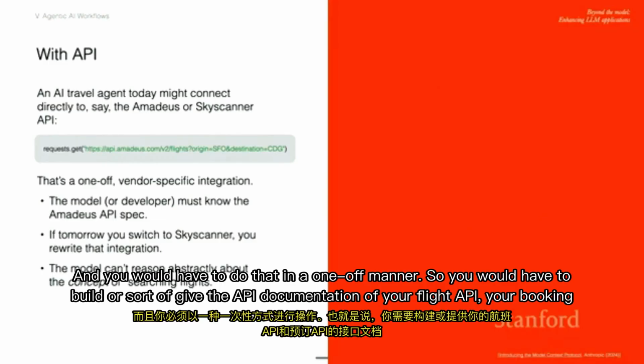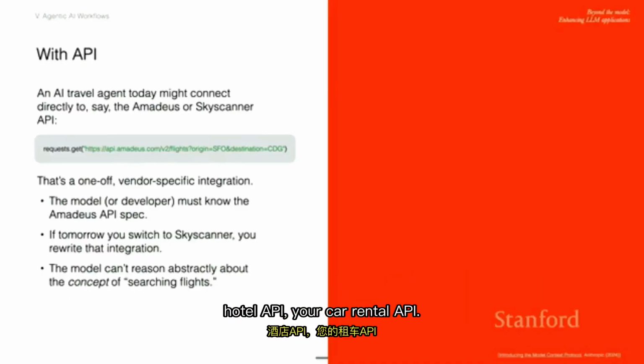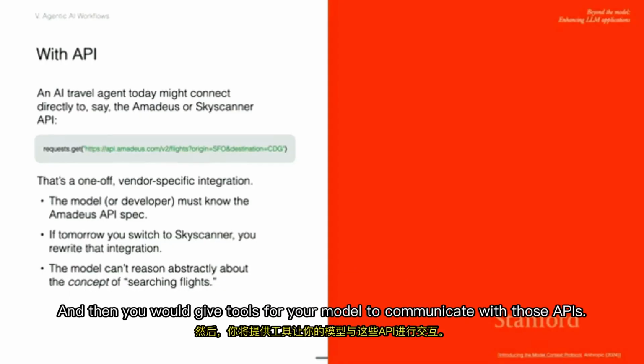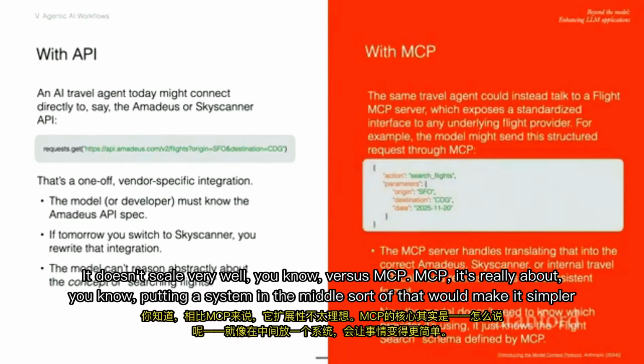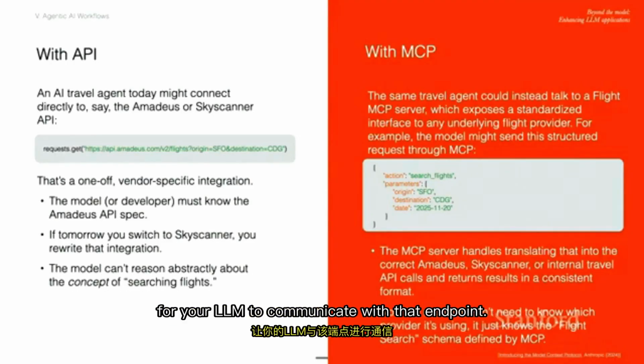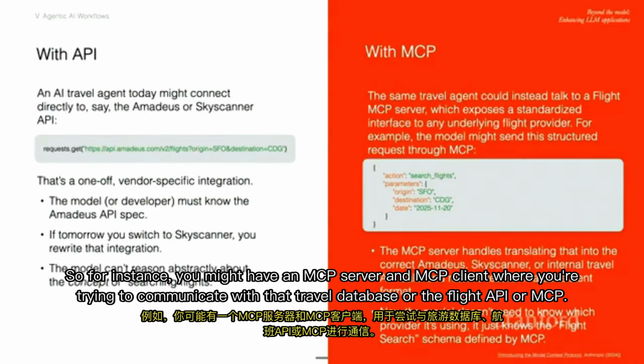So you would have to build or sort of give the API documentation of your flight API, your booking hotel API, your car rental API, and then you would give tools for your model to communicate with those APIs. It doesn't scale very well, versus MCP. MCP is really about putting a system in the middle, sort of, that would make it simpler for your LLM to communicate with that endpoint. So for instance, you might have an MCP server, an MCP client,